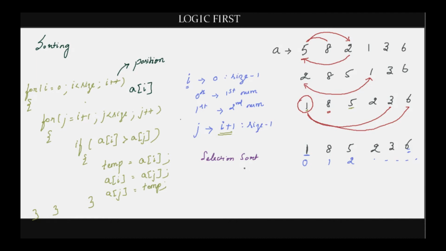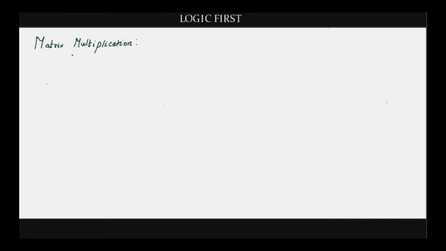It is one of the worst algorithms that you could write for sorting, but the algorithm doesn't matter when the input size is very small. The time difference between the best and the worst algorithms is negligible for small inputs, so it's fine as long as our algorithm works. Let's now write a program for matrix multiplication.